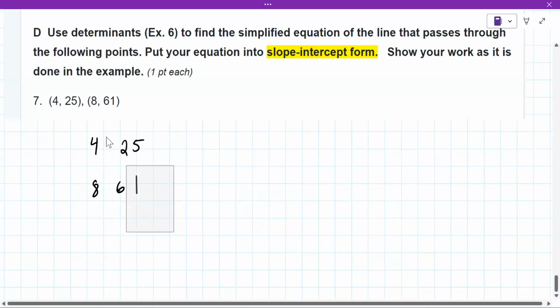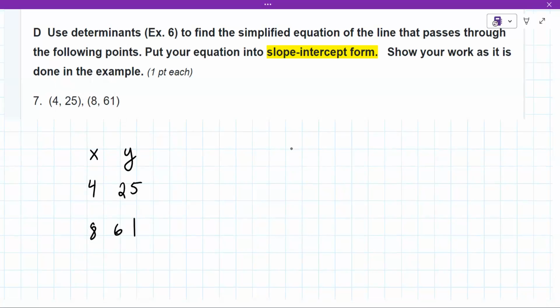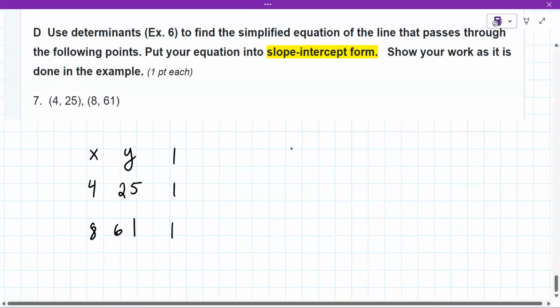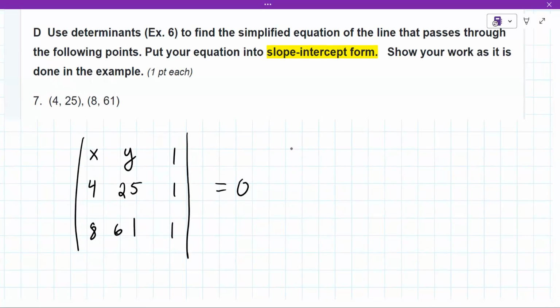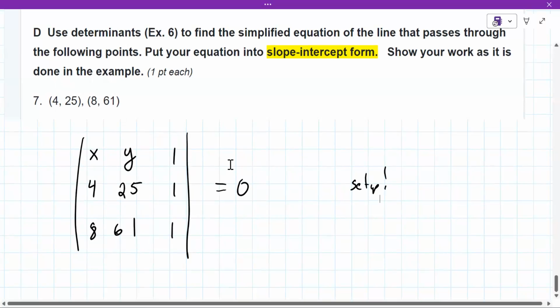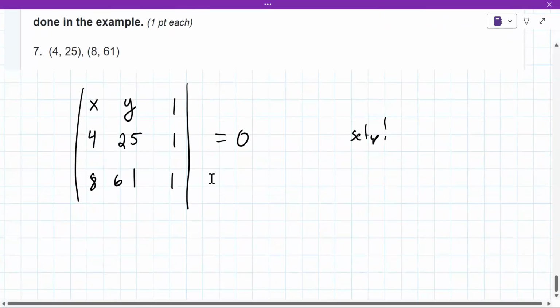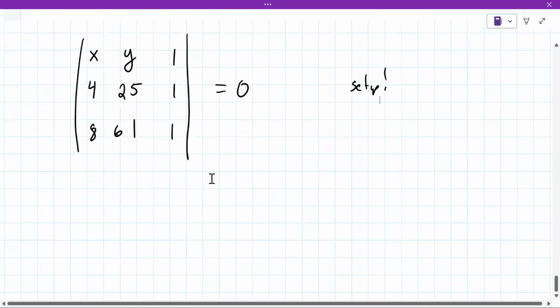Okay, but this time you put an X and a Y above them. And then a 1, 1, 1. And you're setting this matrix, excuse me, equal to 0. So this is the setup here. Is that okay for the moment? Yeah. All right, now, just like before, unfortunately, you have to take these